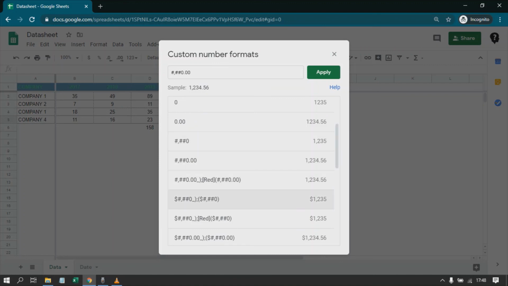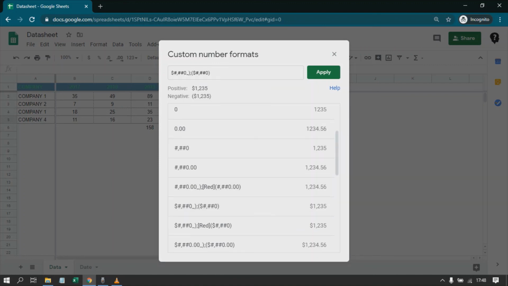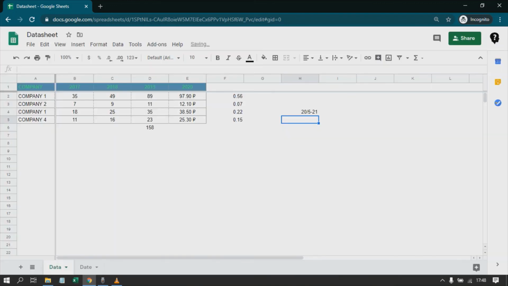Okay, now if we choose this, the description below shows that the positive number will be shown with a dollar sign with a comma for the thousands and negative will be put in brackets. So let's click on apply and say minus 100, right? Say plus 100 this way.